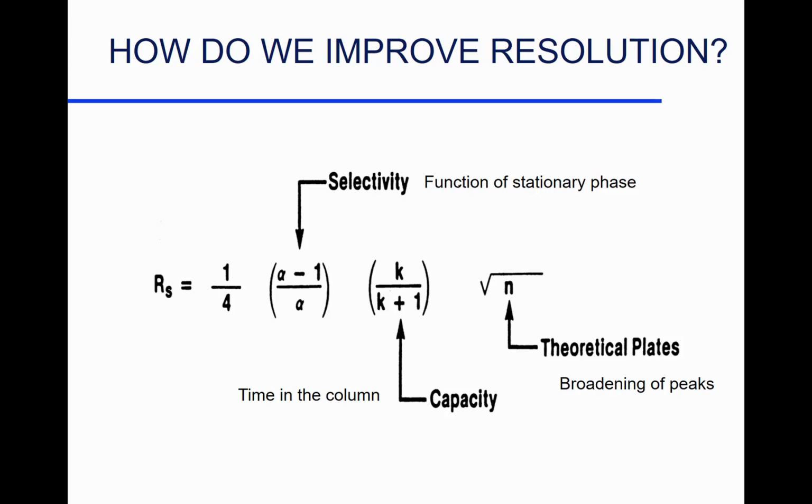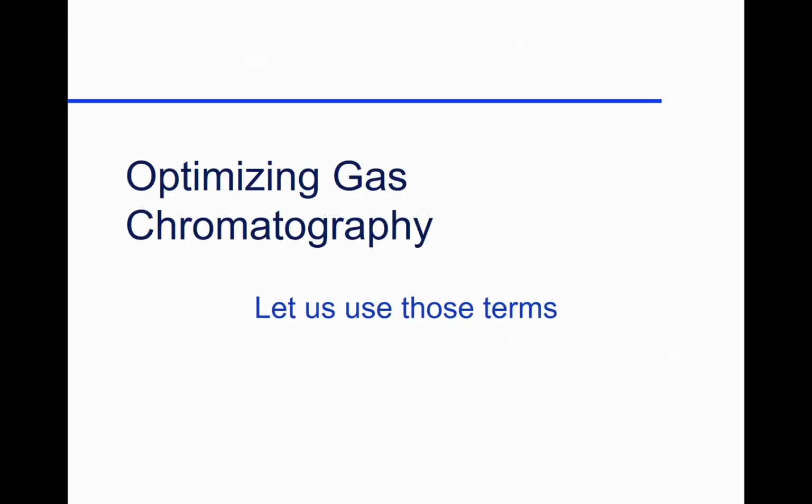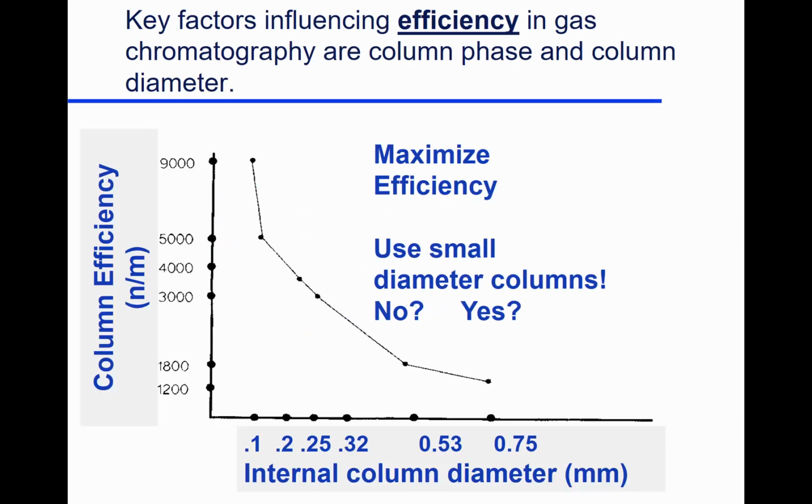So theoretical plates, what we're really doing is we're looking at how well a compound stays together during your analysis. We make an injection, all of our compounds together in a nice sharp plug, and we want them to stay as a sharp peak. They stay together. Each set of compounds should stay together. And like I say, we work with that. That'll become more obvious as we take a look at this. So the idea of column efficiency,